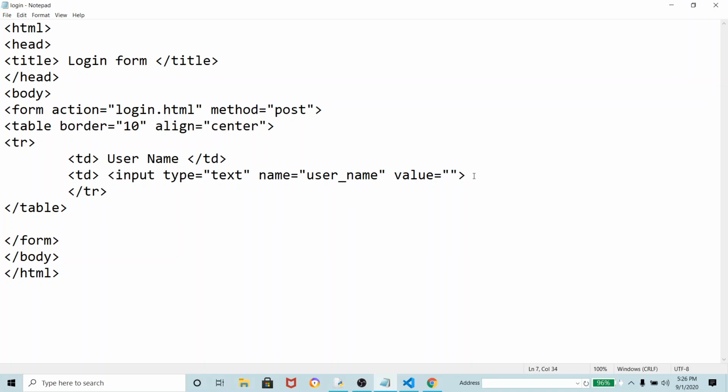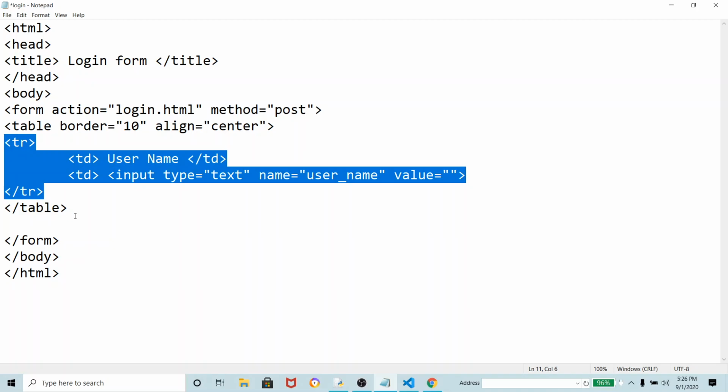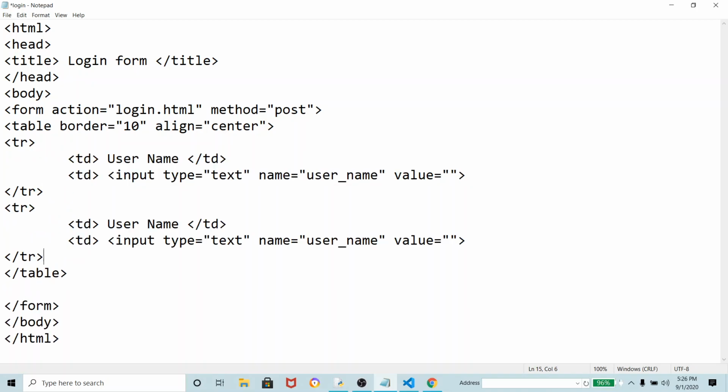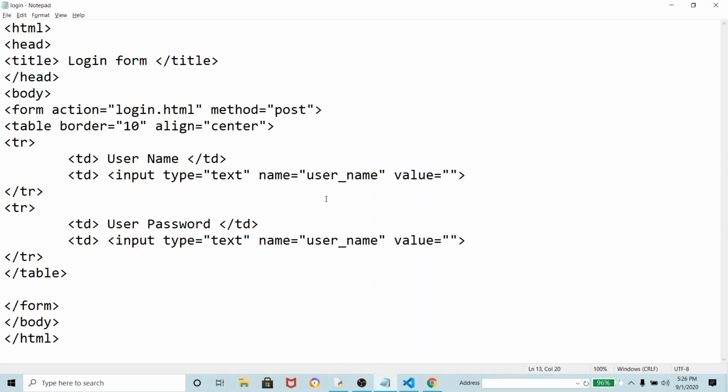So that is called username. Okay, now look here, another field. Then tr, td, we have made alignment, again tr close, and we have to write in this way so it will clearly understand where which data is there. Again tr, and here I have written user password. Now make it refresh. Look here, username is there, user password is there. Now the password is visible. If we make the password visible, anyone can see it, anyone can log in.